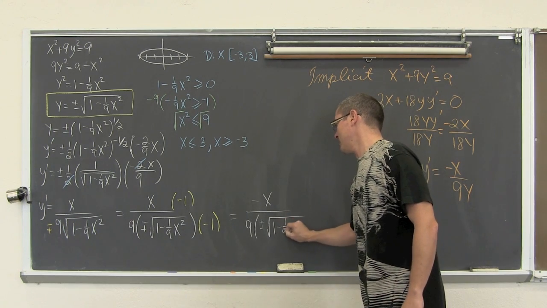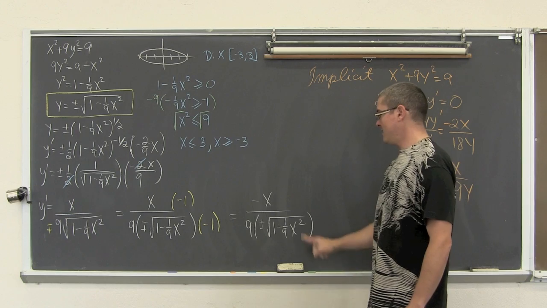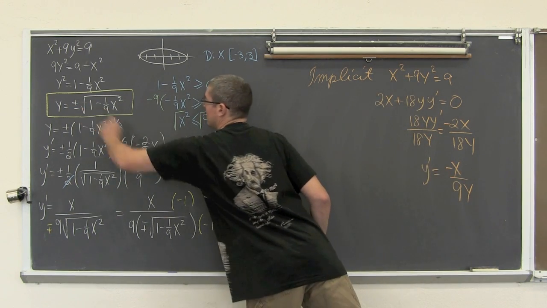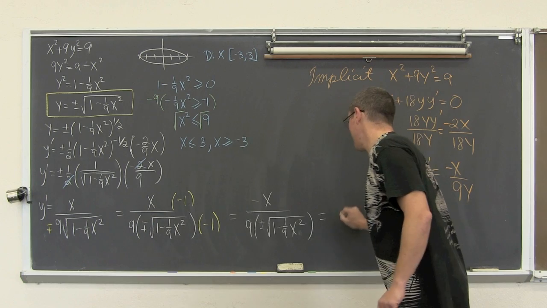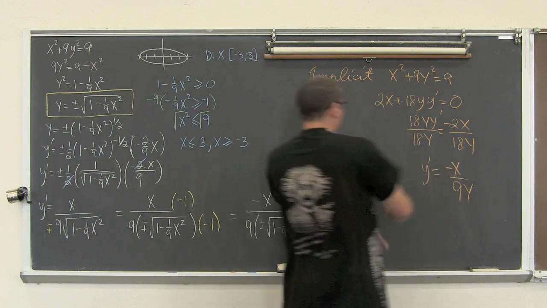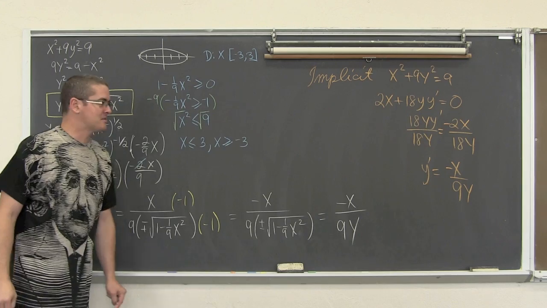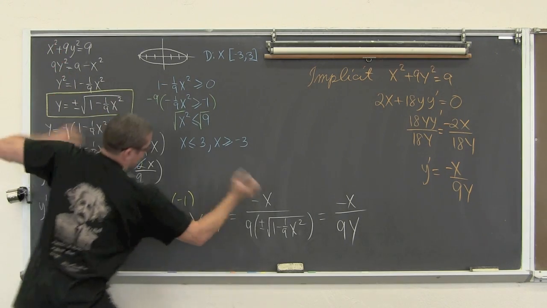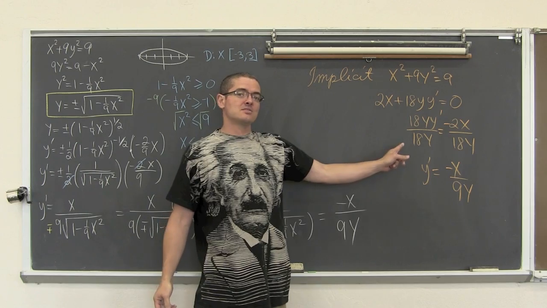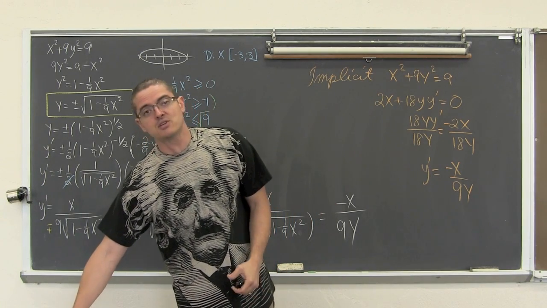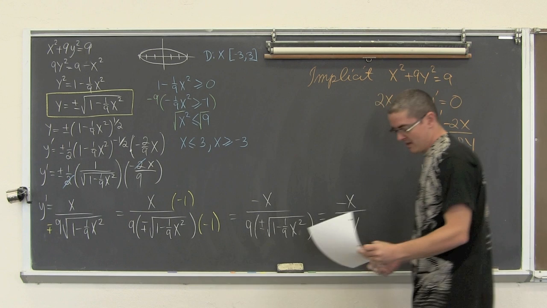1 minus 1/9 x squared, and that can now be taken out and substituted in with y, and guess what's about to happen? I'm about to get excited because I have exactly the same answer as I got with the implicit differentiation. All of this work is the same as that. So we would prefer to do implicit differentiation when needed.